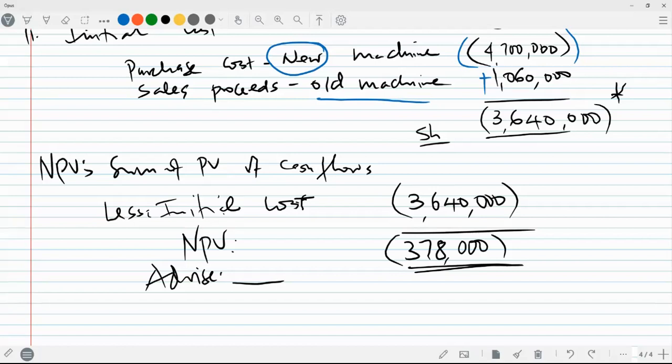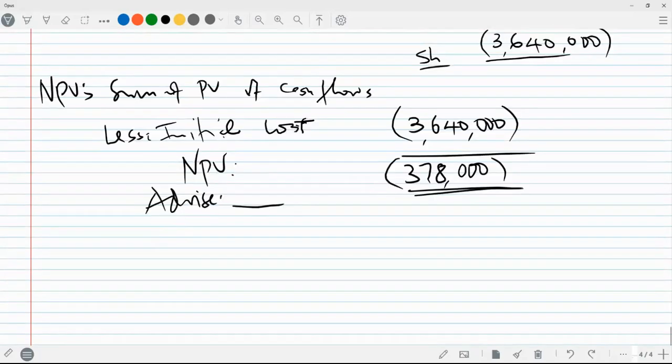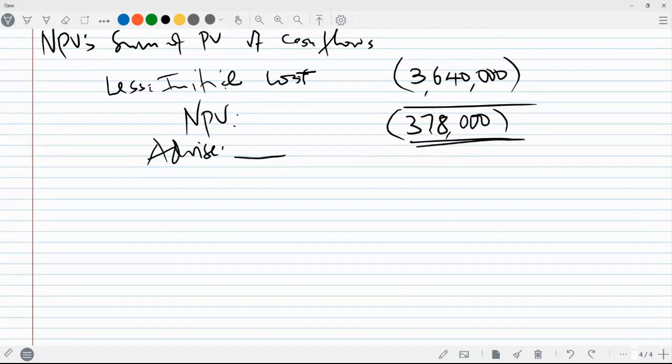So here the NPV is negative 378,000. Of course, what's the advice to give the company? The company should not replace the old machine with a new one, since if they were to do that, the value of that replacement decision is a negative 378,000. The company should not